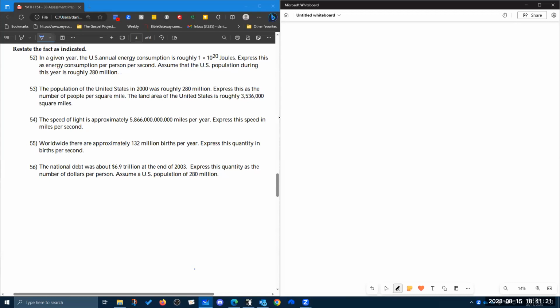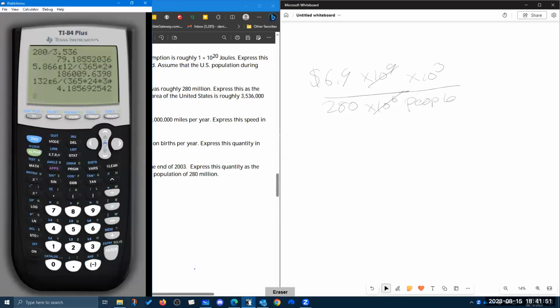Express that quantity as the number of dollars per person, assuming that the US population was about 280 million people. So this is going to become times 10 to the 3rd in the numerator. We have 6.9 divided by 280 is